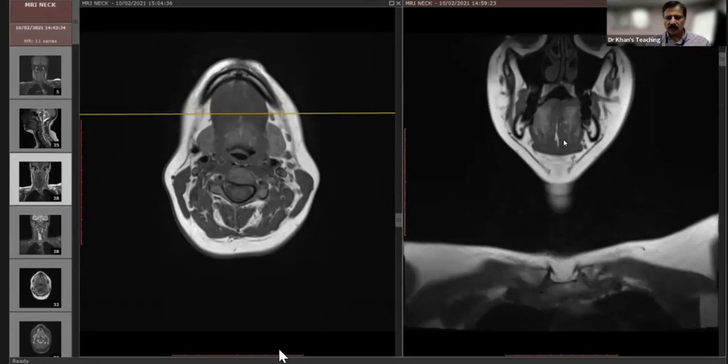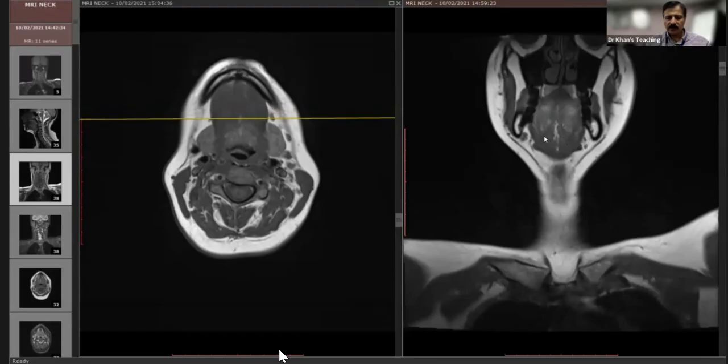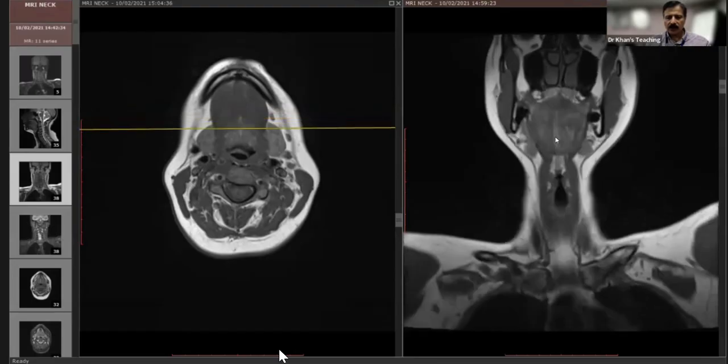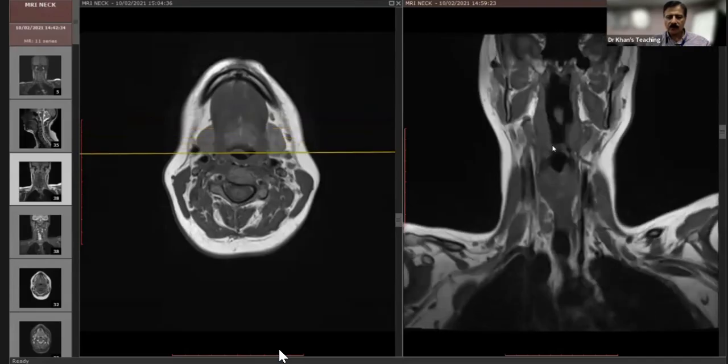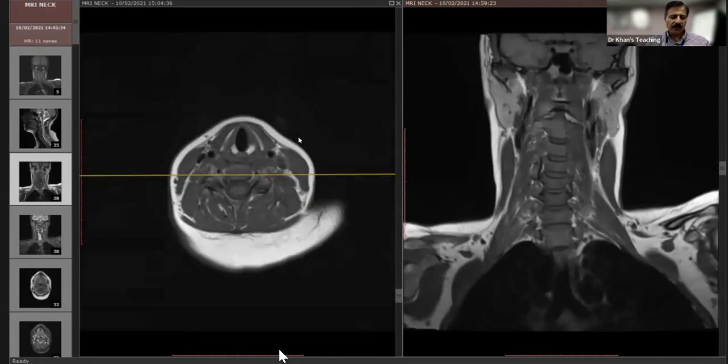So this is the septum, genioglossus, sorry, and here is the geniohyoid muscle. This is the intrinsic muscle. This is the submandibular gland. So this is the anatomy of the what we call